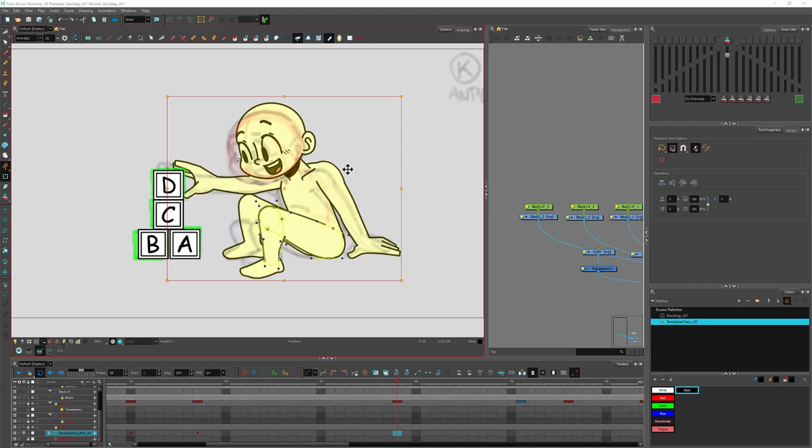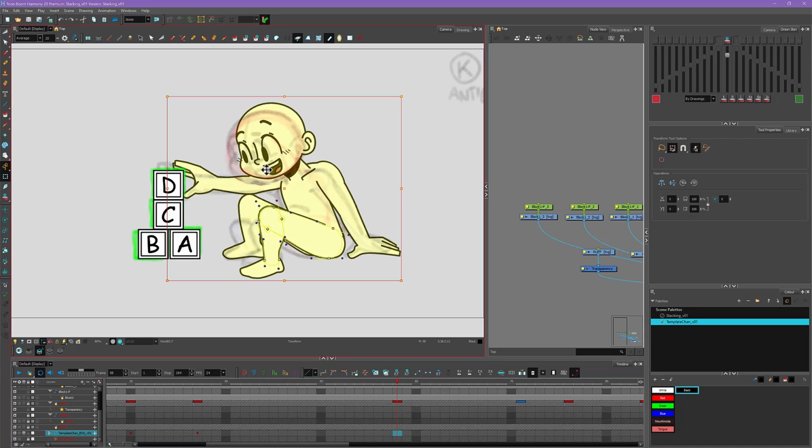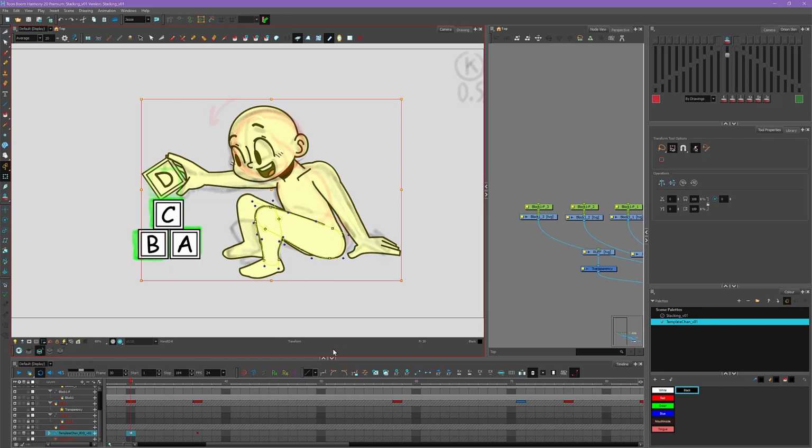Alright, so for this part, I want to copy this previous keyframe that we made before to kind of work off of it for an anticipation, because it's pretty similar to the frame we drew here. Actually, it's pretty darn close, so we might not even need to change it that much. So I want to copy just the motion in these keys, right? I don't want to copy the fact that the drawing changed for this block or the drawing changes on the hand. I only want to copy and paste the position, rotation, and deformers from this pose.